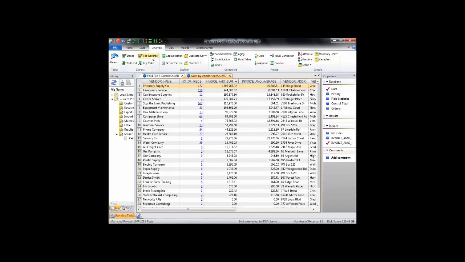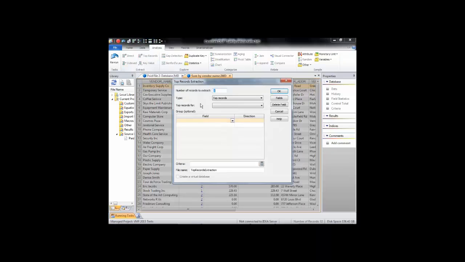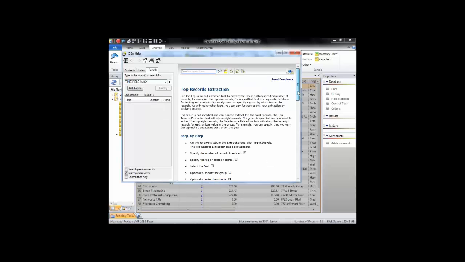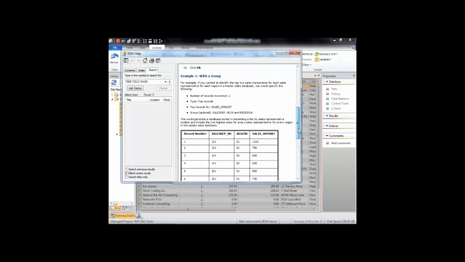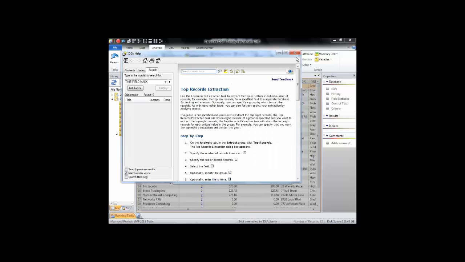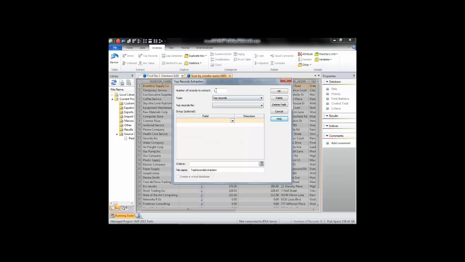If I wanted to do the top records analysis, under analysis you've got it. There's a help button there that walks you through how to use it and gives you examples. There are a lot of things you can do with the top records. In this case, I want the top 5. I want to pull them based on that invoice amount